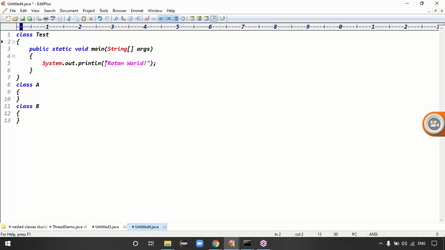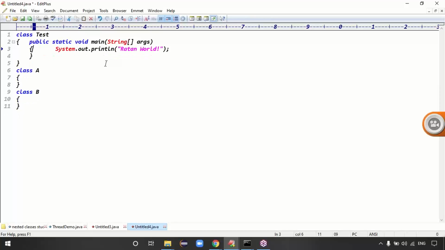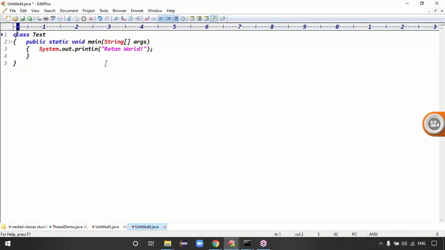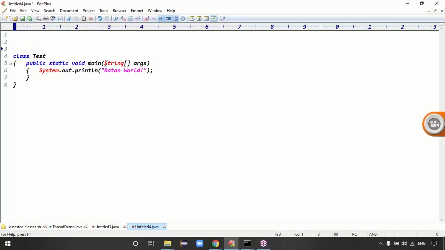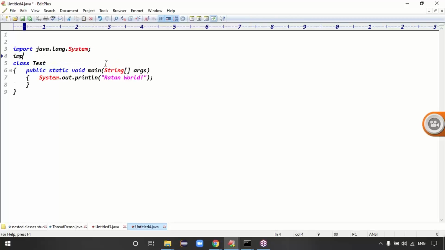And how many predefined classes are we using here? Guys, I'm declaring only one class, it's fine. But in this example, how many predefined classes are we using? Two predefined classes, right? System and String class. Then we have to import them. The System and String classes belong to which package, guys? Java.lang. Import java.lang.System and String class, right? These two classes, guys.